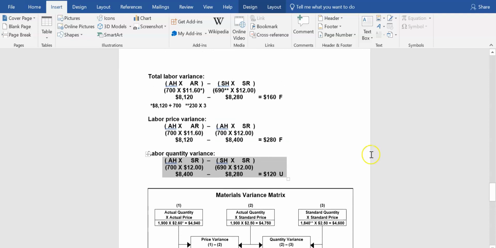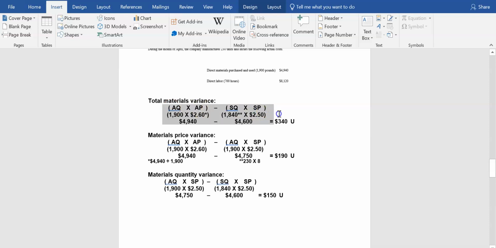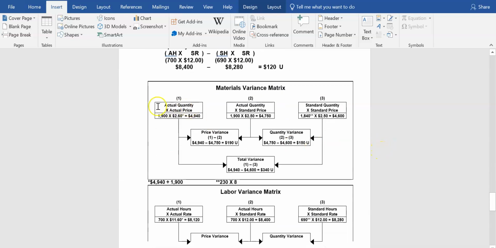What this diagram is doing is taking the variances here and putting them into this diagram form such that we see over here is the total actuals, over here is the budget, and in the middle is the flex budget. And so the difference between these two gives us our price variance, and the difference between these two is the quantity variance. And then these two combined gives us the total variance, which is the same as comparing